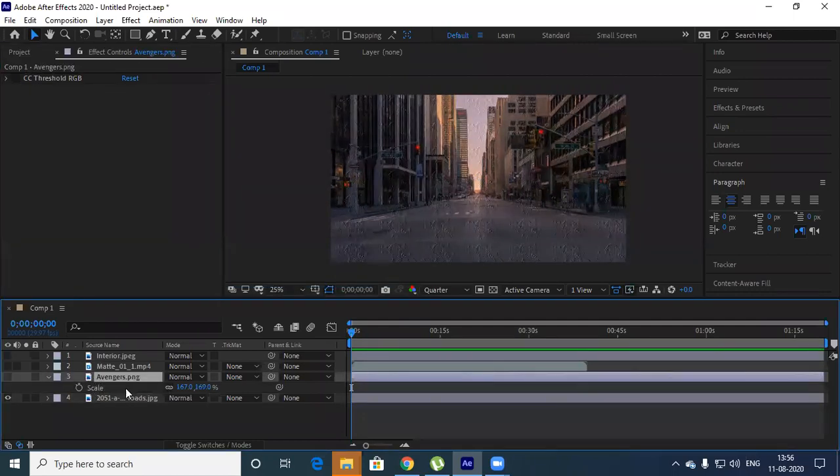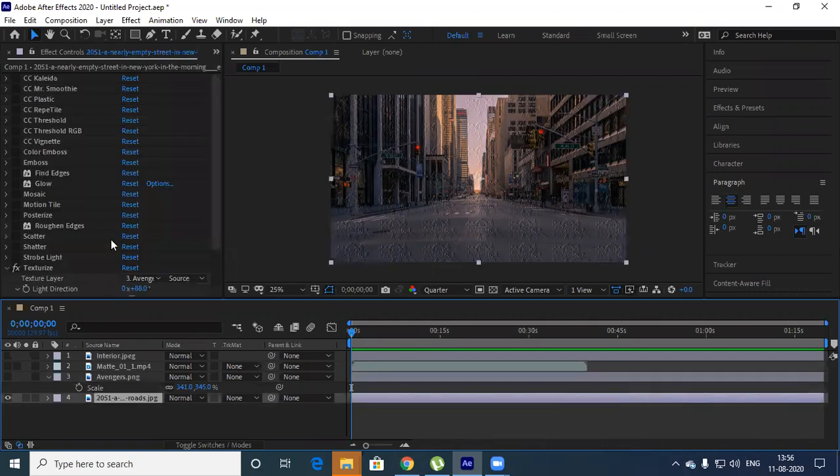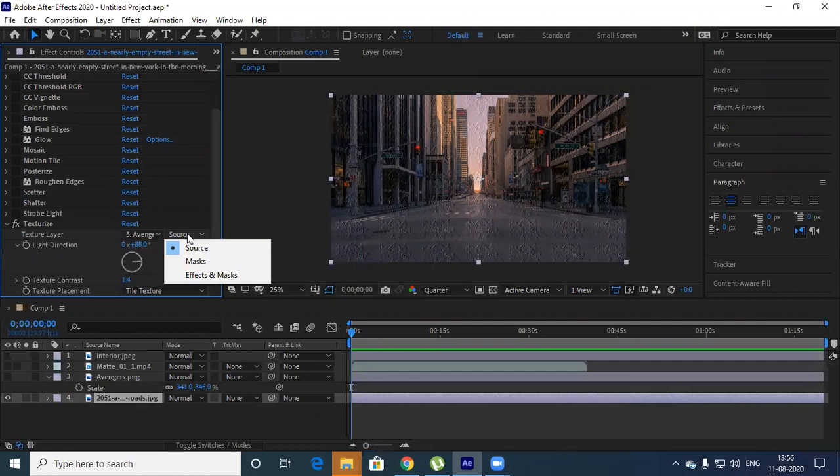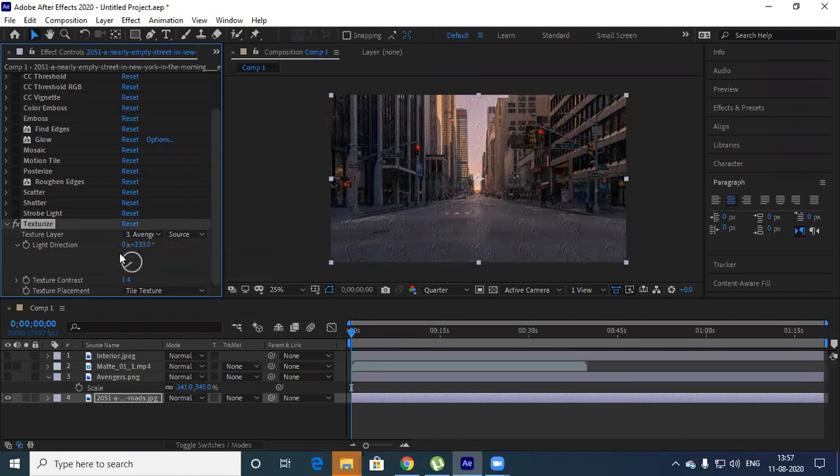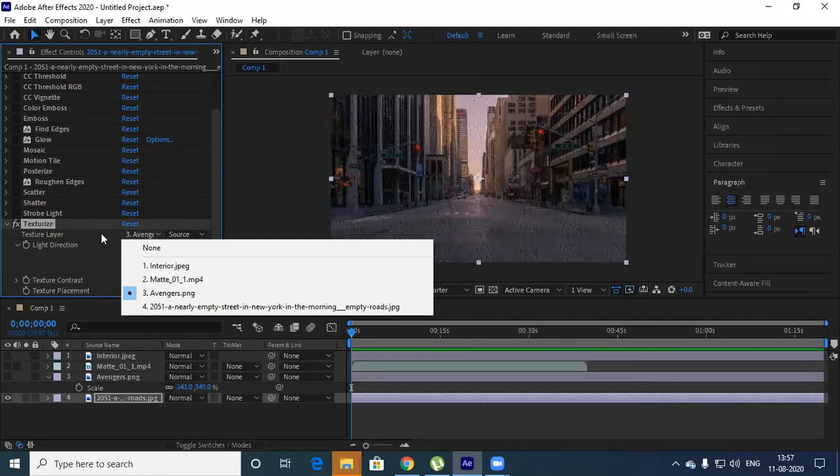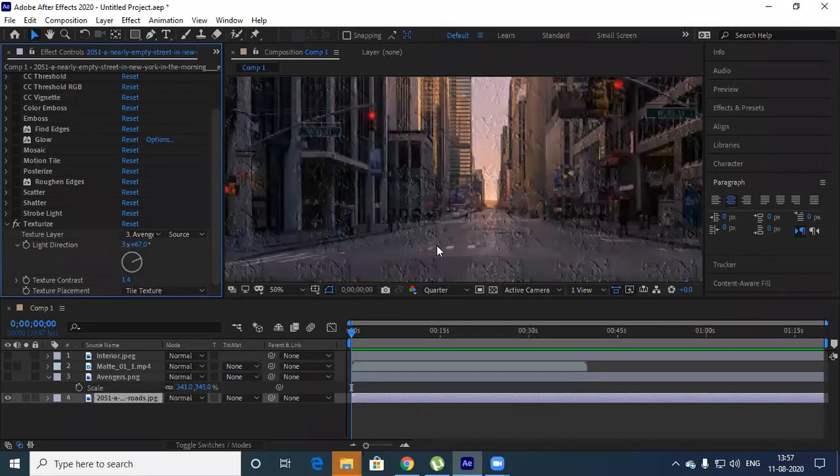Okay, Avengers scale, Control Alt F. Okay, source mask FX. Let it view the source. Like this kind of effect is there. Understood? So it's Avengers. You can try. That's a texture pattern effect.